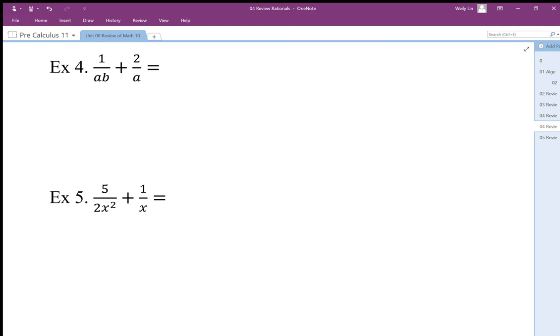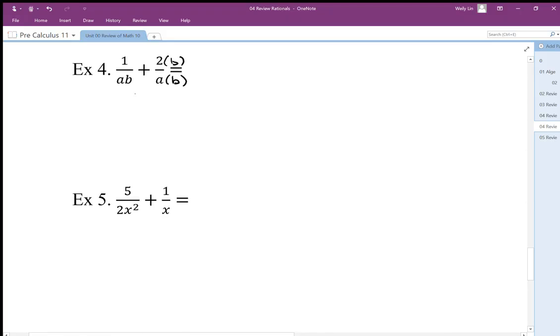So when I look at adding and subtracting these two fractions here, I look at the denominators and I ask myself what factor is missing from one or the other. In this case, these have factors of a and b. This has only a, so this one's missing a factor of b. So then I need to times by b on the top, times by b on the bottom. This gives me my common denominator, and I end up with 1 over ab